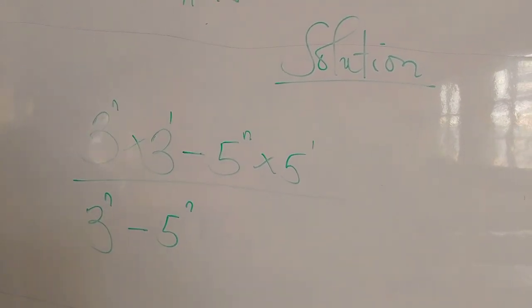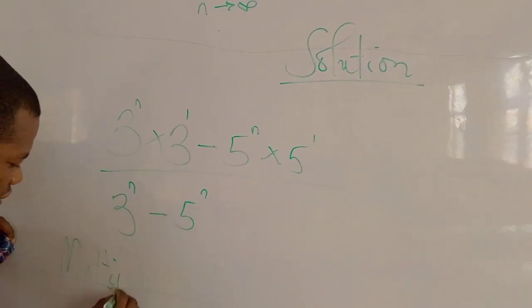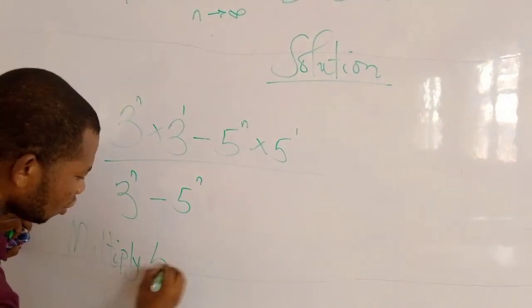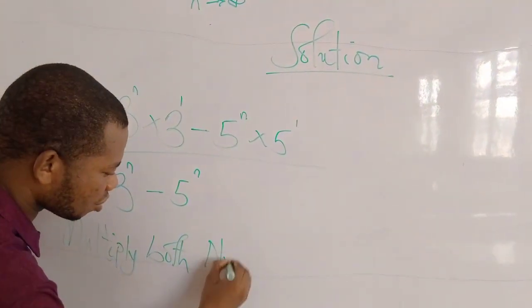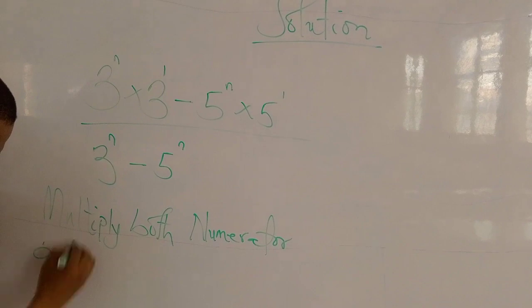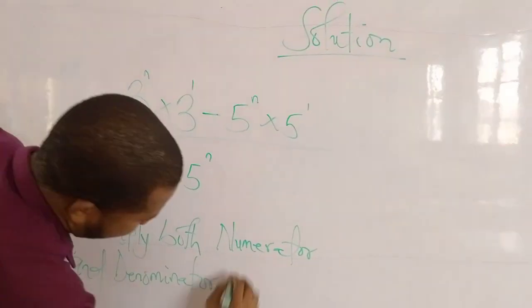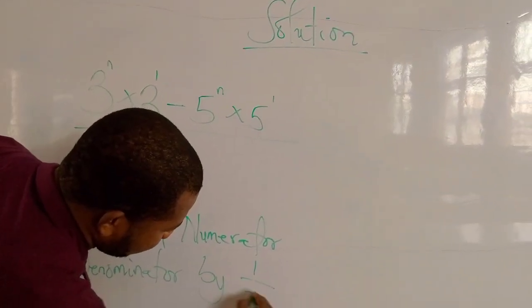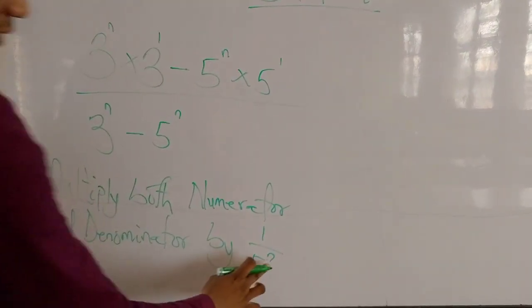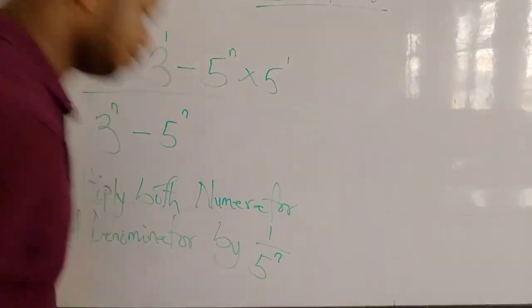So I'll say multiply through, multiply both the numerator and the denominator by 1 over 5 raised to the power n. If that being the case, I'm gonna have,